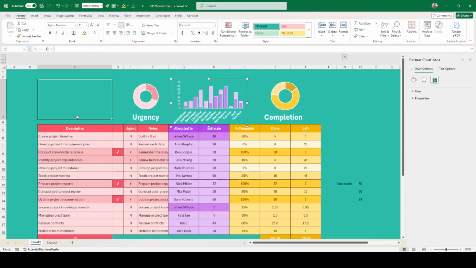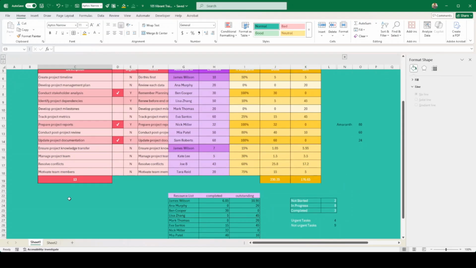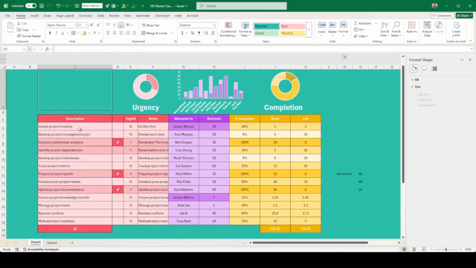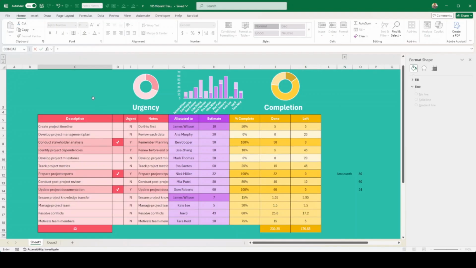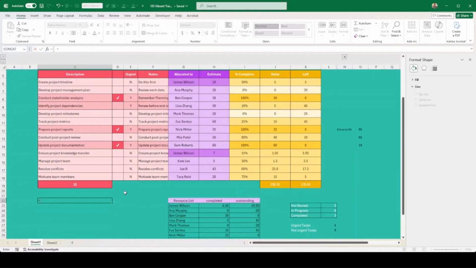Now, I want to put the month and the year and the title here. In order to put the month, I just need to do something a bit complicated, unless you want to use your own font. The font that I've selected is the Amaranth font. But the problem is I want to have something in high caps here, so I'm going to have to do a trick. I want to do the TODAY function. If I just do today like this,